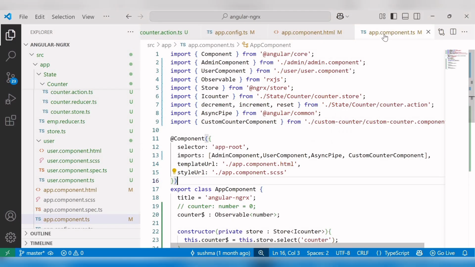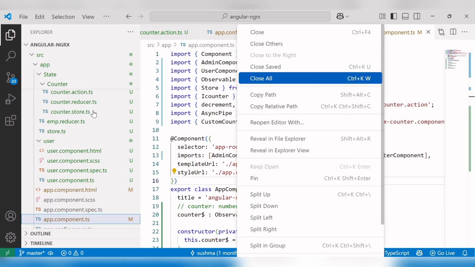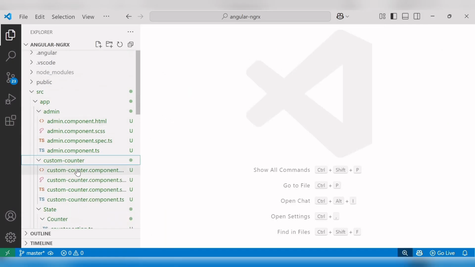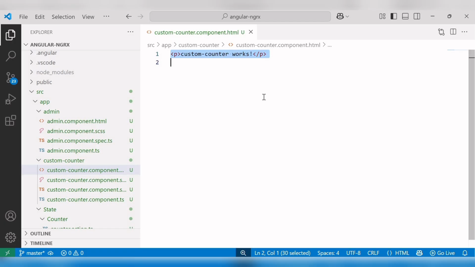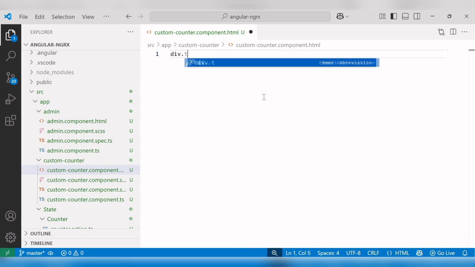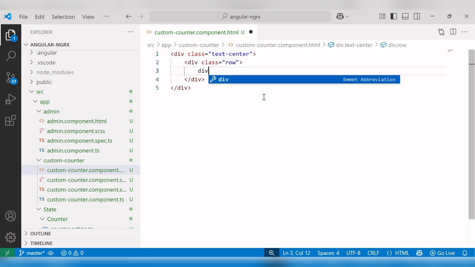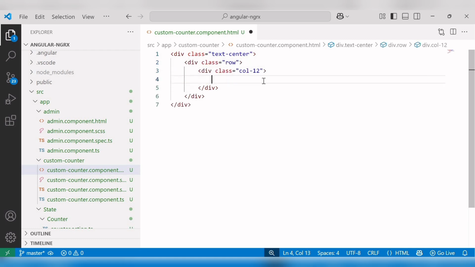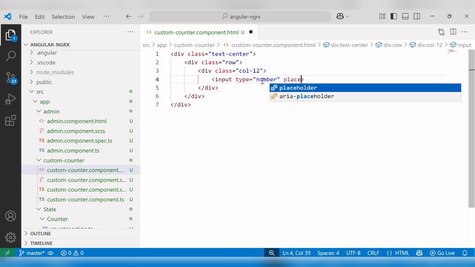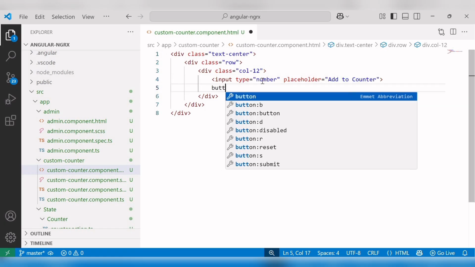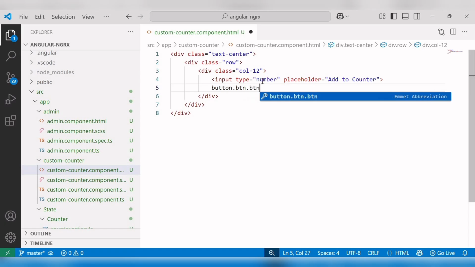Now next, I'll open the custom counter component template file, and I'll add an input field and button. And since we are focusing on functionality, for now I'll keep the design simple using basic Bootstrap classes. So div.text-center, then div.row, and div.col. Now here I'll take one input field with type number. Also I'll add the placeholder, add to counter,